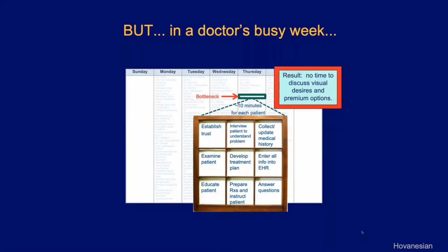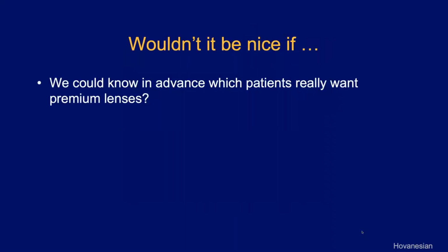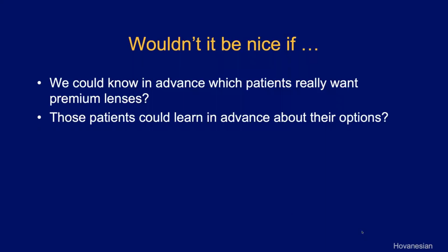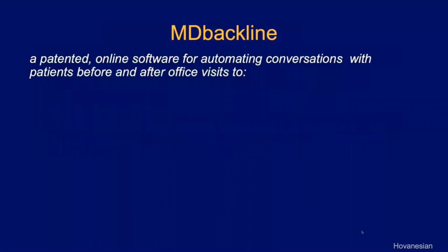So we need other ways of profiling patients, and it would be awfully nice if we could know in advance which patients really want premium lenses, and if those patients could come to us already pre-educated, and we could then spend time just where it's going to be well spent with the patient. So one system that's helping us do this that pairs beautifully with Veracity is MD Backline,